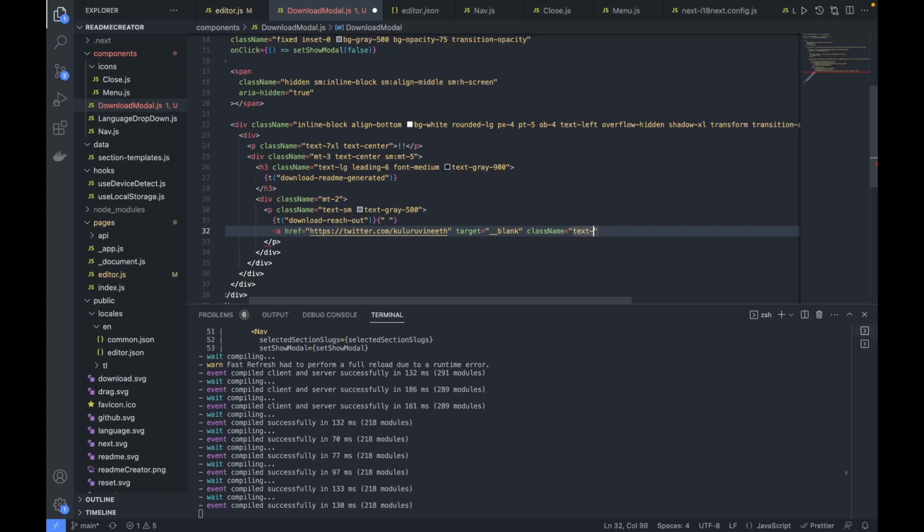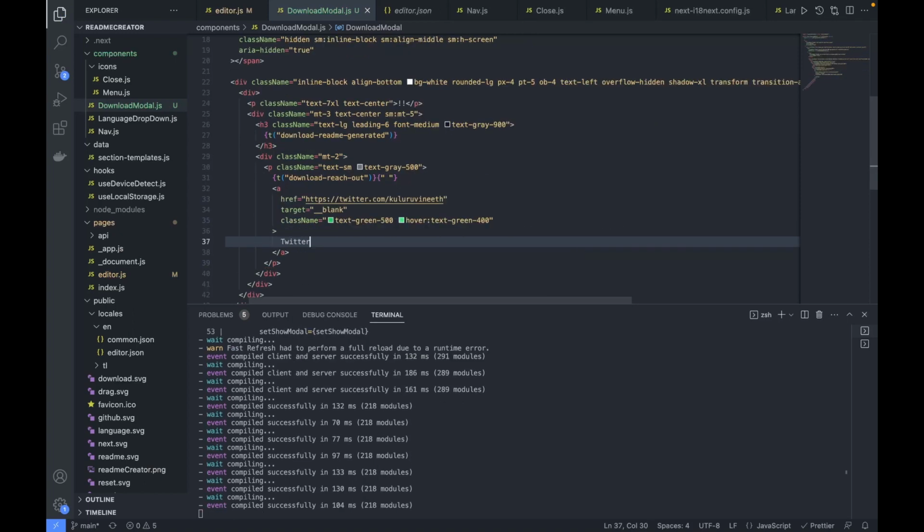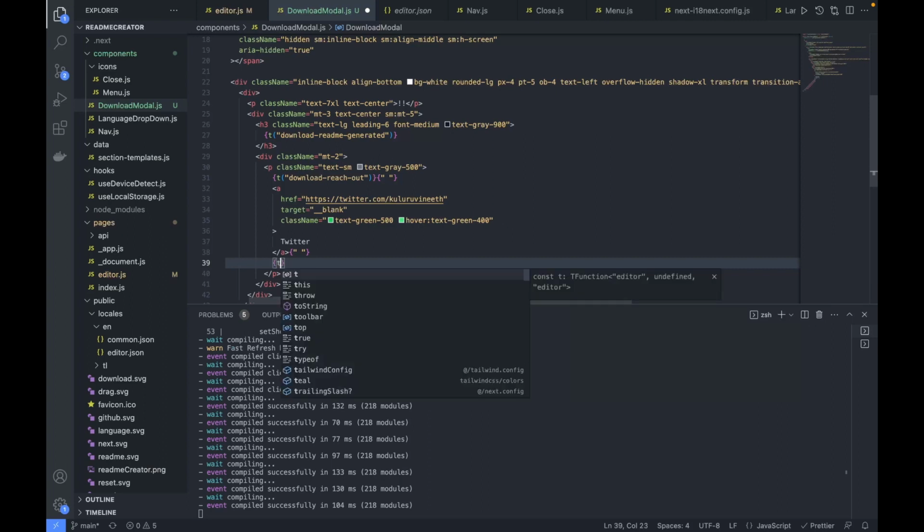So I'll make this a green color, 500, and the hover ring I'll change to a lighter green color. Okay, and here I'll mention this as Twitter and give some space, and then I'll have here download